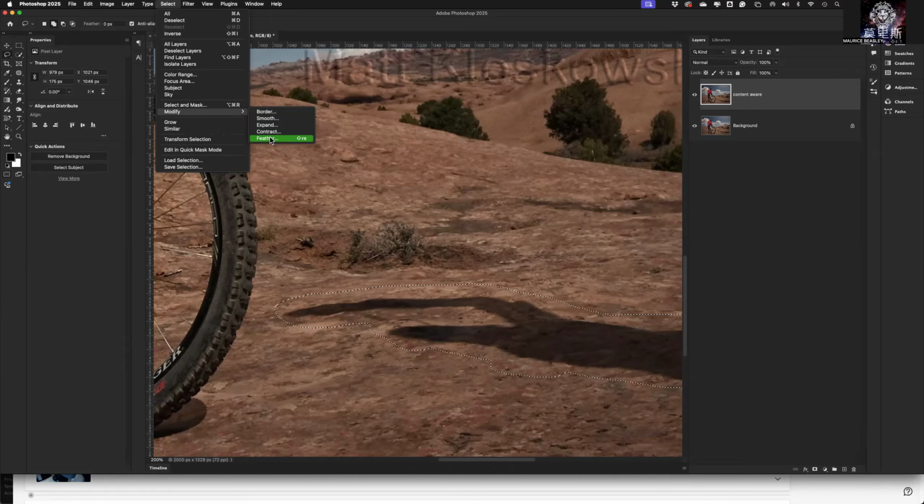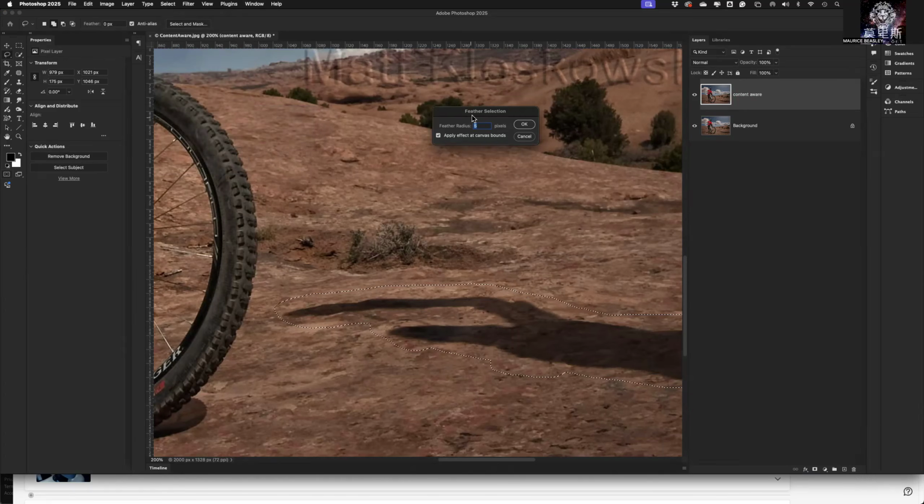So feather is the one that I use the most here. As a matter of fact, it's kind of the only one that I use out of here because the others I don't really necessarily need. Expand and contract, maybe, but mostly feather is what I use. So when you get into this feather adjustment, basically the thing you're doing is setting up your feather radius. How much is up to you. Usually with a project like this,